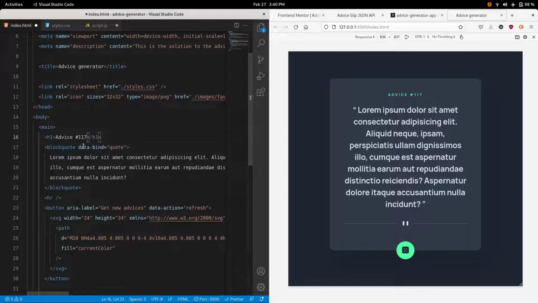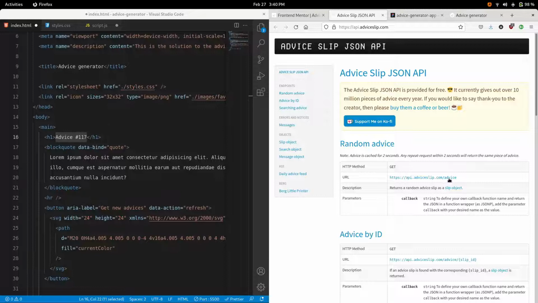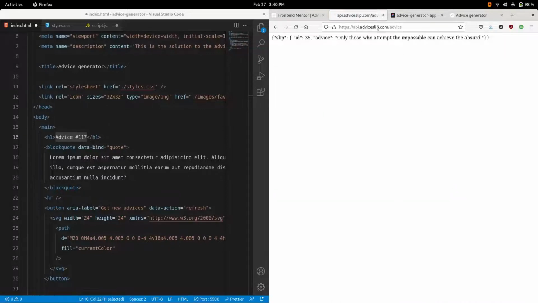And so for this one, that's a bit tricky. If you look into the JSON slip API, we can open this REST example, and you will see this is our structure that we get back from the API. So we have an ID property, which is just a number, and we have the advice property with our actual quote. So there is no advice pound and then the number. Instead,